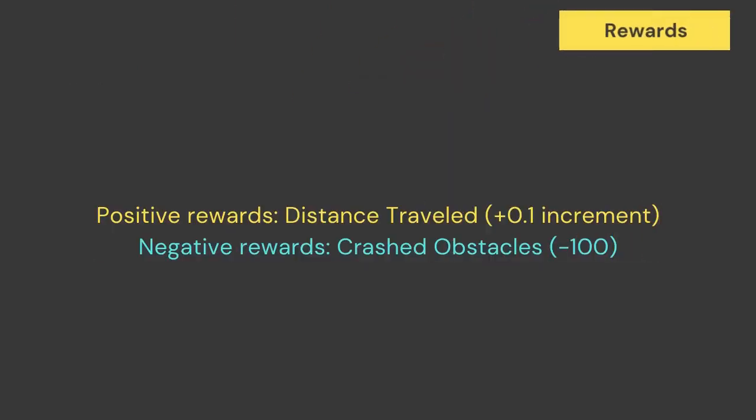The reward design here is momentous. It is the one that will guide our agent to find the best action given the state. Here, I give incremental rewards for distance traveled because I want the Dino agent to go further, and negative rewards for bumping into obstacles because I don't want the Dino agent to touch the cactus and pterodactyl.